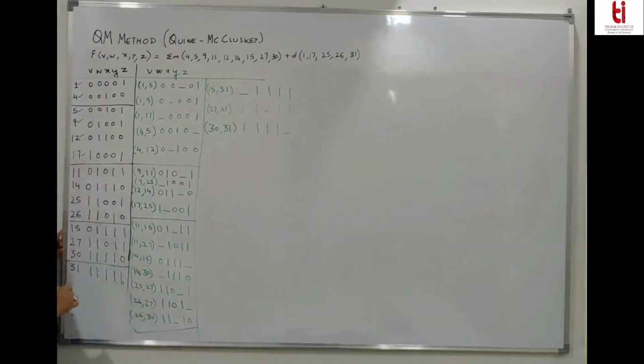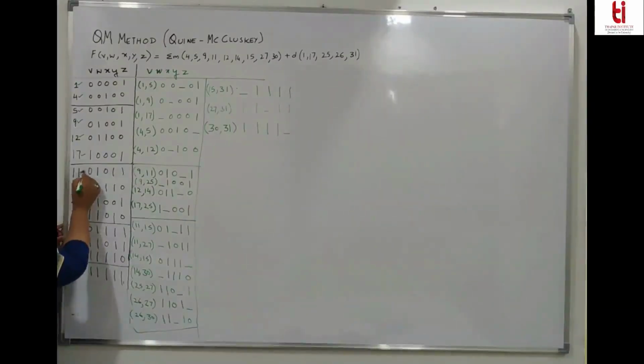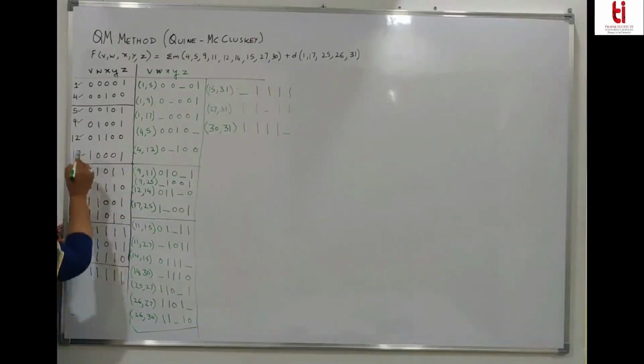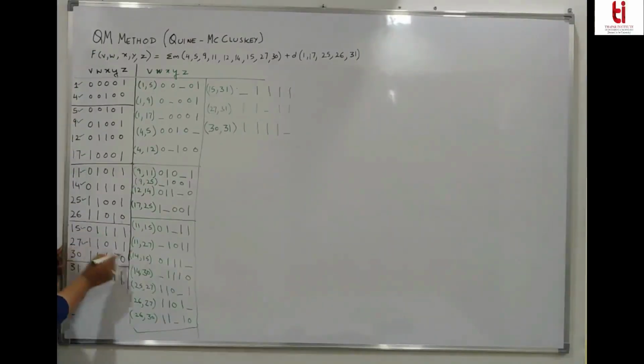4, 12. ठीक है. तो यानी कि ये जो मिन टर्म्स हैं या डोंट केयर टर्म्स हैं, they are not single. They are always making a pair with some other min term or a don't care term. So they are not isolated. Then 9, 11. 9, 25. 12, 14, 17, 25. So again, if you see, all these 3 are also used. 26 is still missing. Then 11, 15, 11, 27, 14, 15, 14, 30, 25, 27, 26, 27, 26, 30.